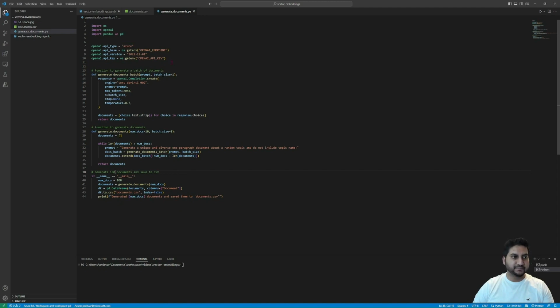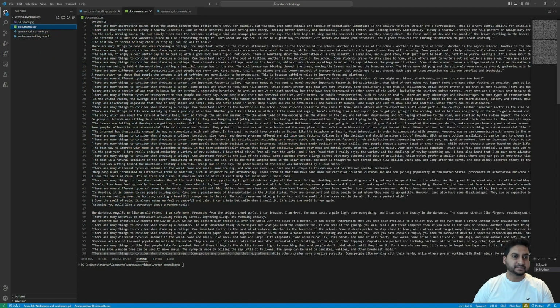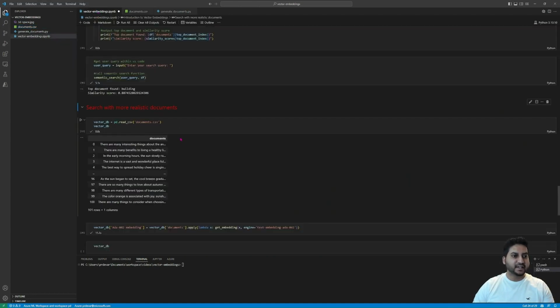So very simple script that I ran. I won't run it again because it does take a while to complete. But ultimately what's generated is that documents.csv file that we see here. And that's going to act as our basically our knowledge base. Okay, so